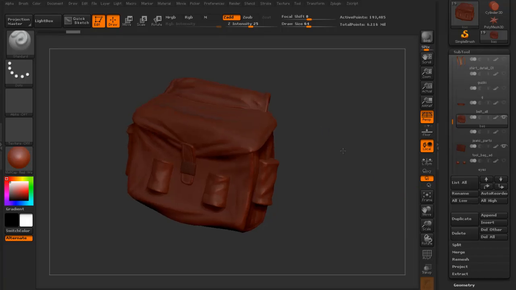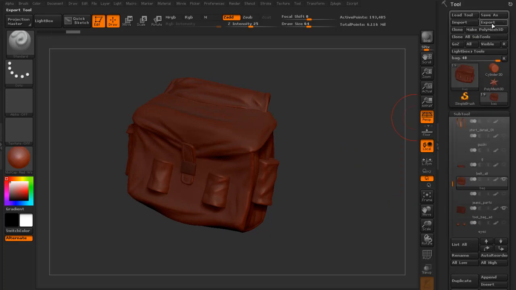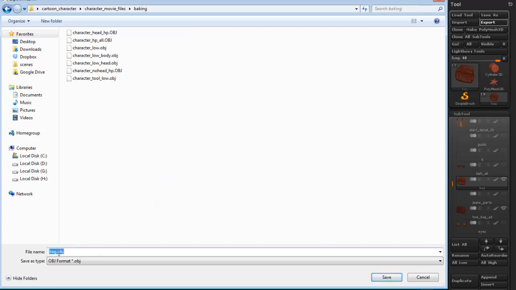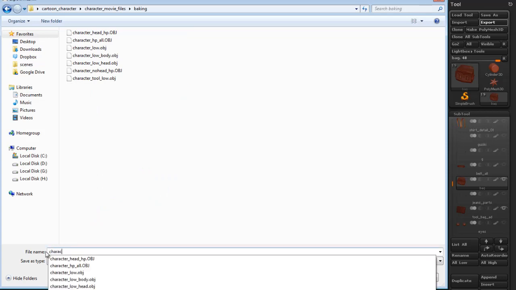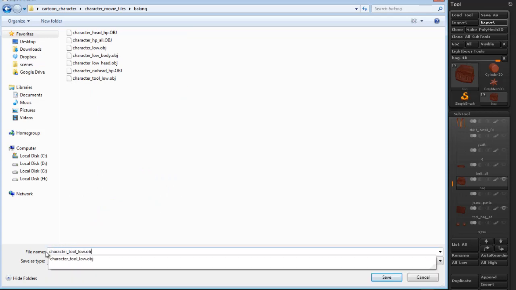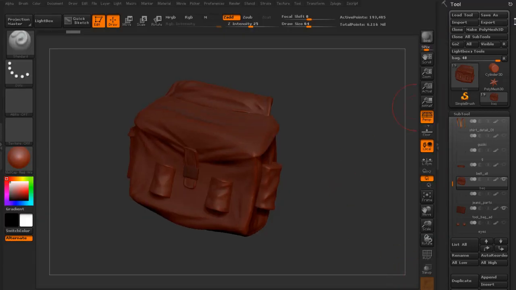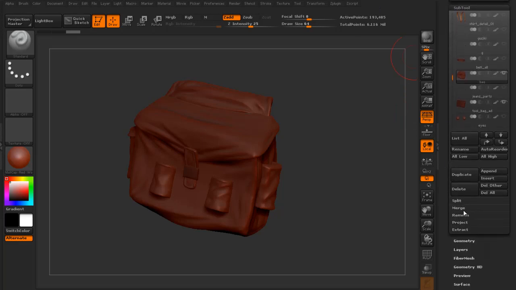Yeah, right now we are in Zbrush and exporting our toolbag. I wasn't using Decimation Master this time because our polygons were pretty low in this case. So merge visible,